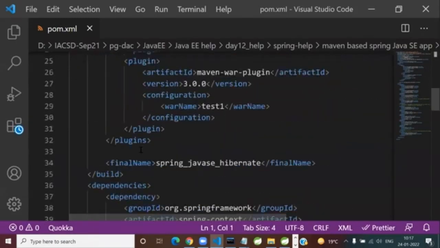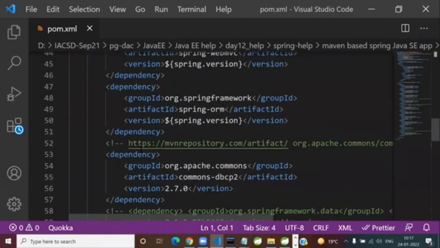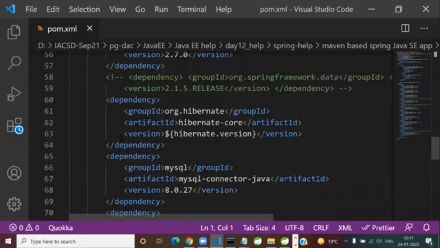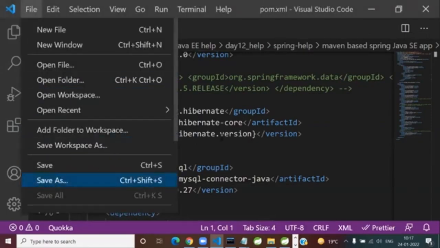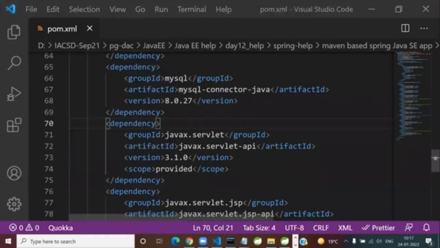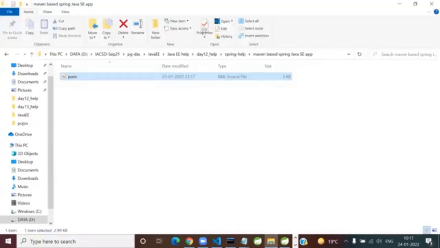This looks fine, and this is later going to converge into Spring and Hibernate integration. So this looks okay to me. I'm sending you a version here. Take this, and in two minutes you will start downloading.